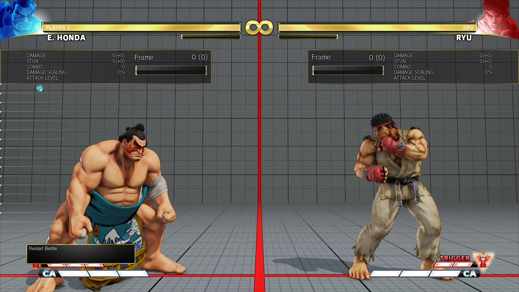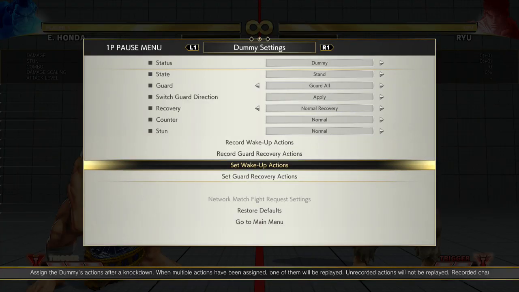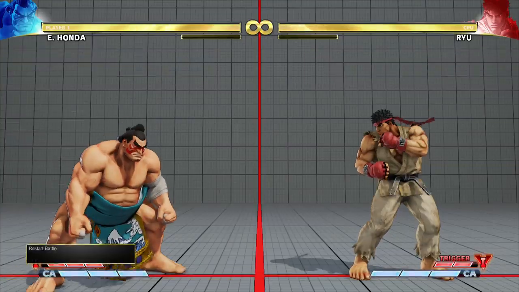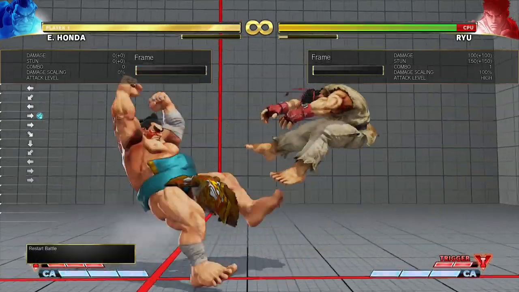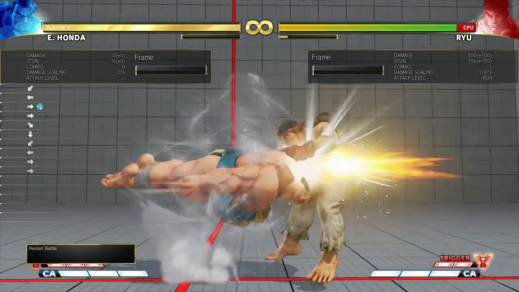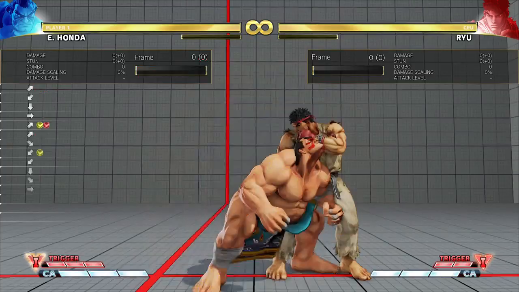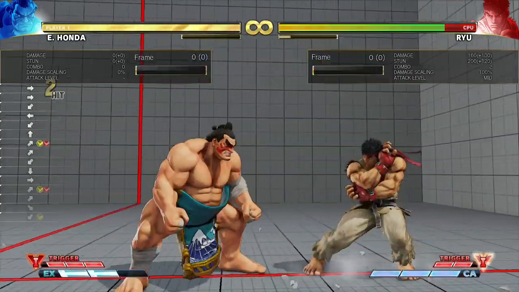So, I think this character has... Okay, he has pretty bad Oki across the board. A lot of his knockdowns are not going to grant great Oki if the opponent back rises, which they're going to. So, off of that...